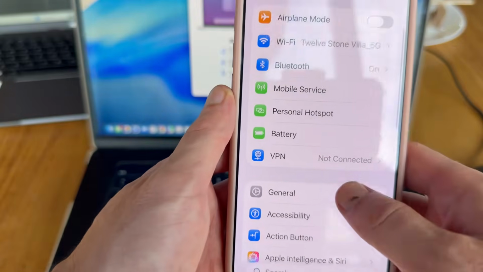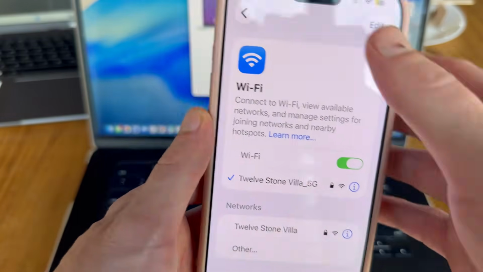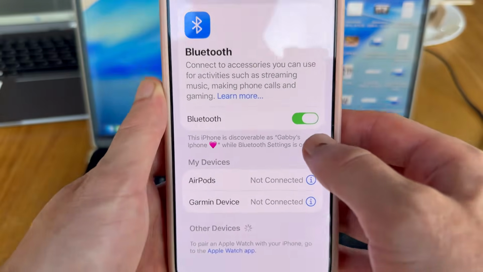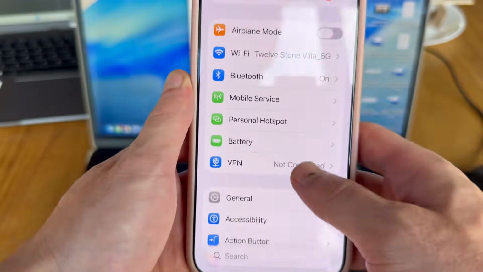We're then going to click on Wi-Fi and make sure your Wi-Fi is turned on. You'll also need to come back over to the previous window, select Bluetooth, and also make sure Bluetooth is turned on as well. Now once you've done this, you can come back over to the previous window, scroll down and